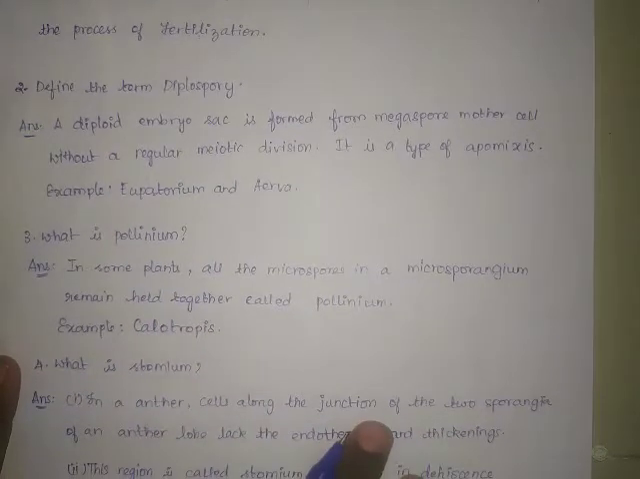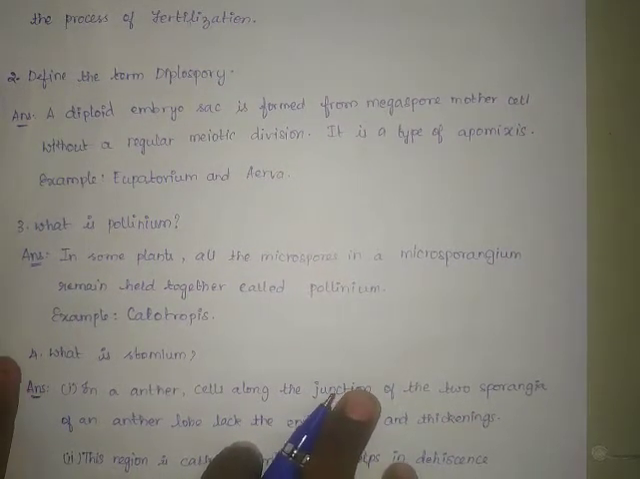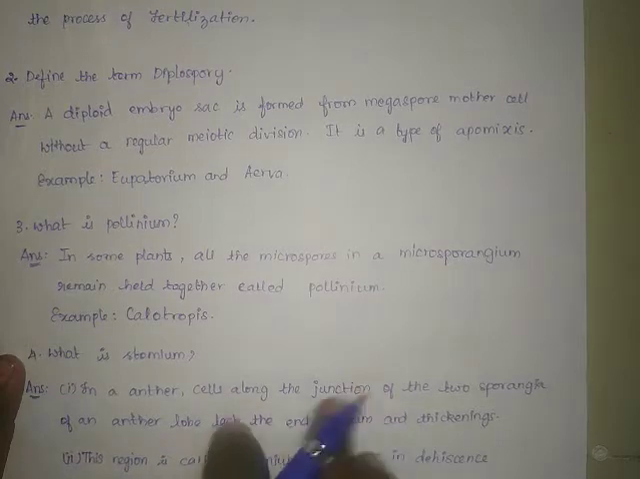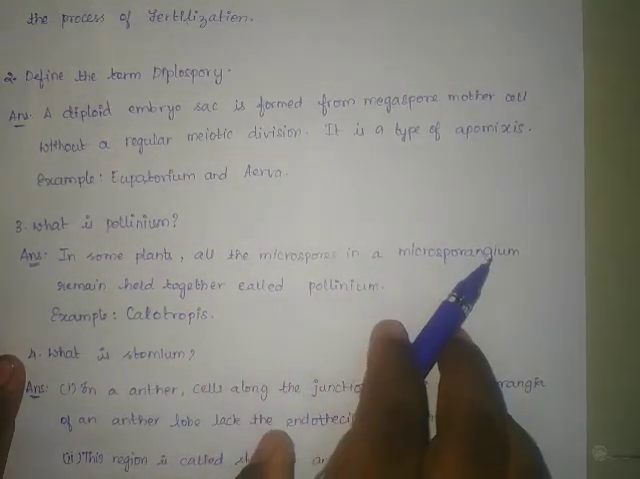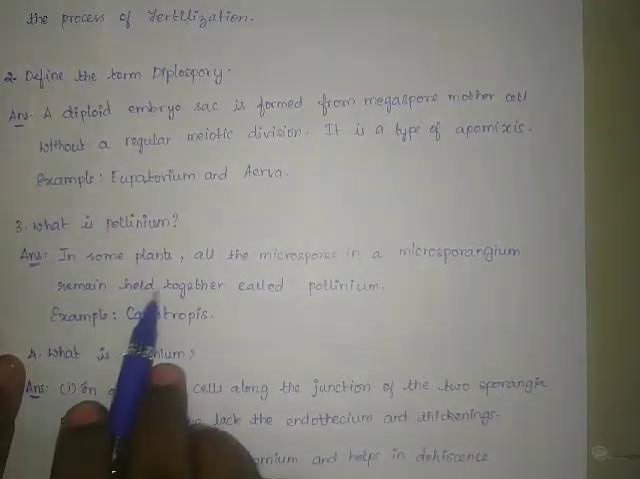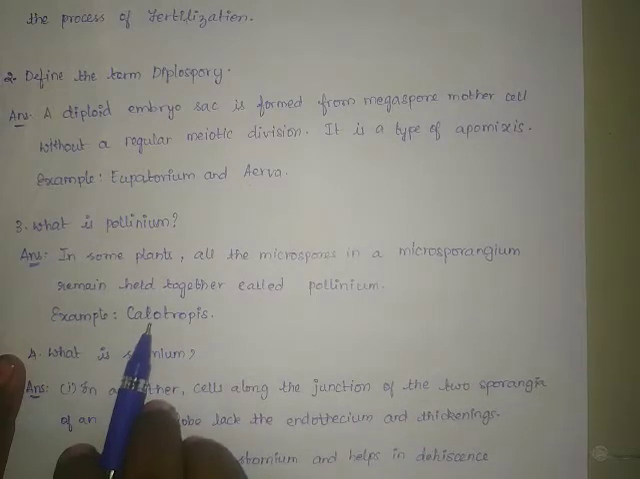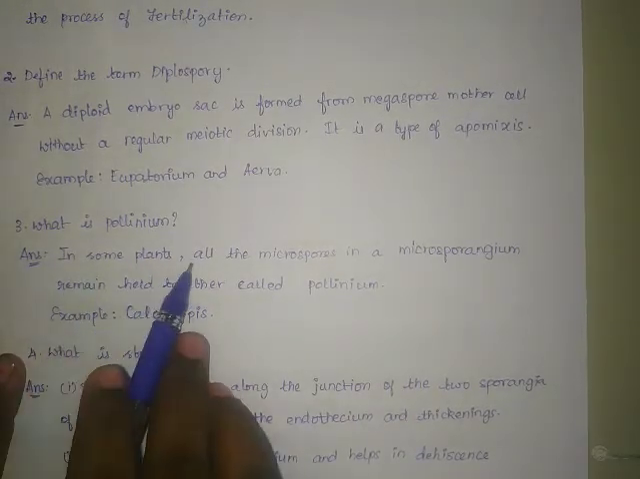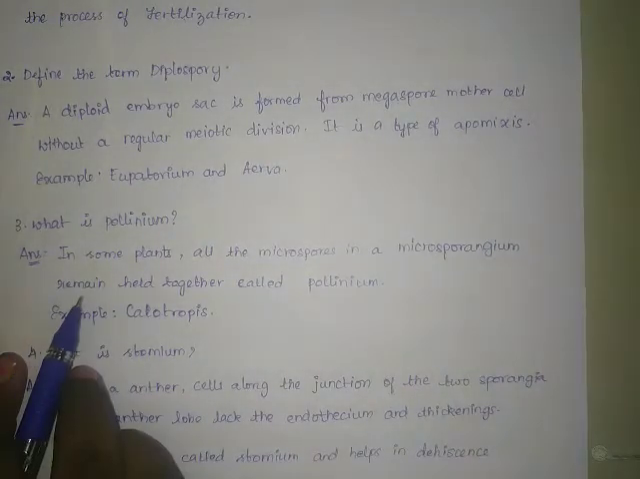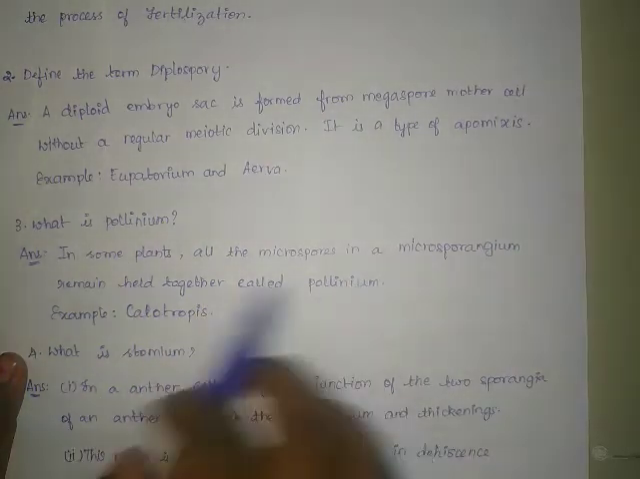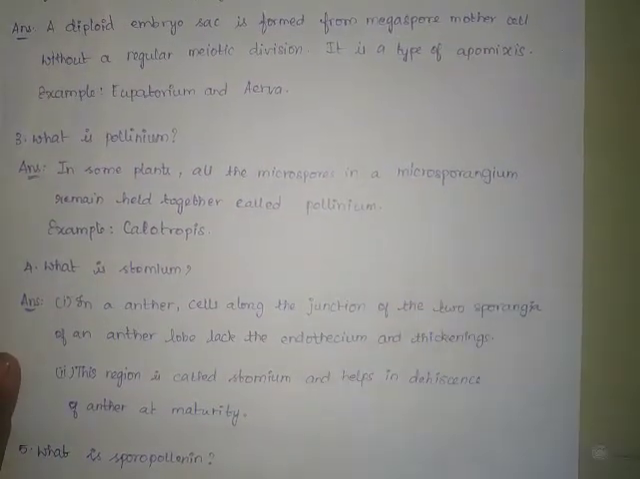Next, for third question, what is pollinium? For that, the correct answer is: in some plants, all the microspores in a microsporangium remain held together, called pollinium. For example, Calotropis. Next, for fourth question,